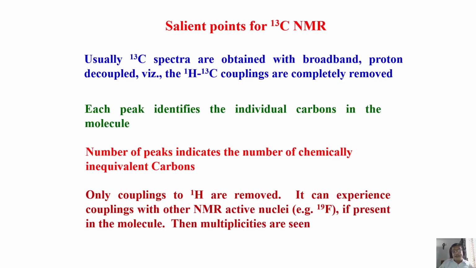Okay. But take the example of the phosphorus fluorine coupled spectrum we saw in the proton, just a few minutes before. There we had a phosphorus and fluorine, and a CH3 group. If I take the carbon 13 spectrum of it, you will remove carbon proton couplings. But what about phosphorus fluorine? No, that you don't remove.